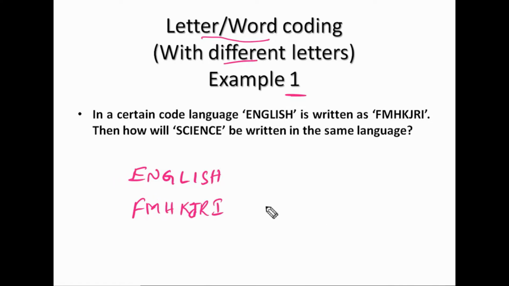Sir, how to know whether this question is based on same letters or different letters? Just verify whether at least one letter is different or not. From hint word to code word, E is there in the hint word, but it is not there in the code word. So with that one point, we can say this is a different letter method. If it is the same letter method, identifying the letter jumbling is enough. But if it is a different letter method, along with the letter jumbling, letters will be changed. Letters may be replaced by the next letters or previous letters.